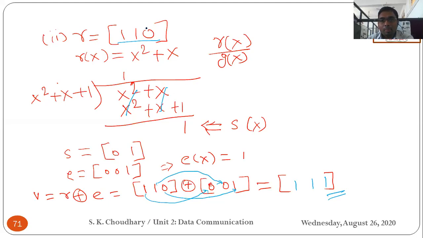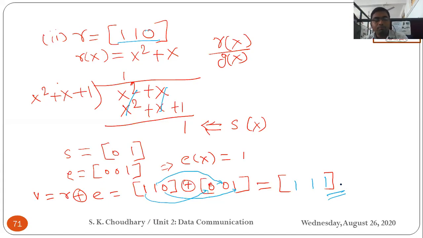It means an error entered in the LSB. This 1 became a 0 because of error or noise, we can say. So in this way we have removed this error and obtained the corrected code word. This is the way you have to correct the code words.